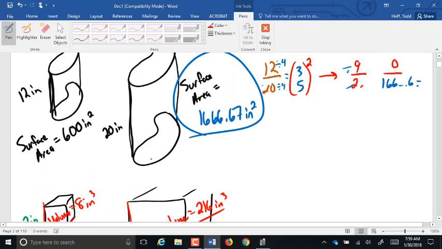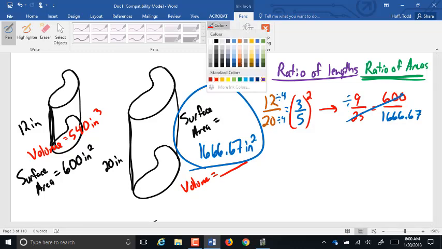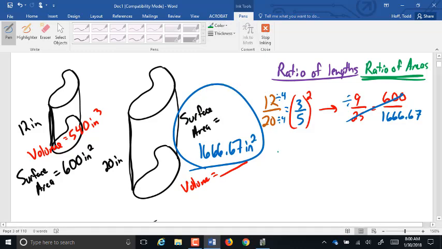So then, back up to this pretty little problem. If I tell you that the volume of this smaller figure is, let's say, 540 inches cubed, let's find the volume of this bigger figure. Well, we already have our ratio of lengths is 3 to 5. The 12 to 20, we reduced it to 3 to 5. To get our ratio of volumes,